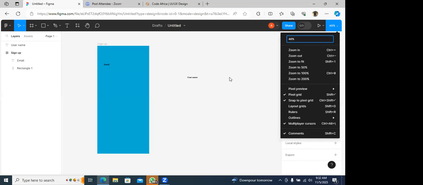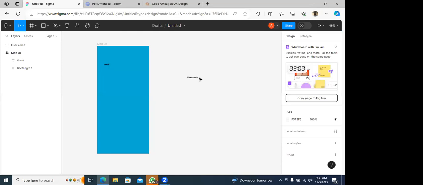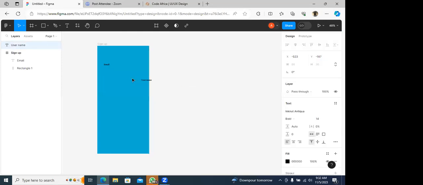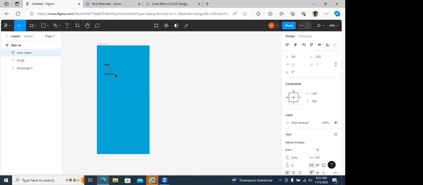Do you understand? So now the basic element is your email, username. Then, so you don't have to keep pressing T, you can press Control D. Control plus D will duplicate anything. You understand? It's to duplicate it. Maybe your username, your phone number. Let's say phone number,